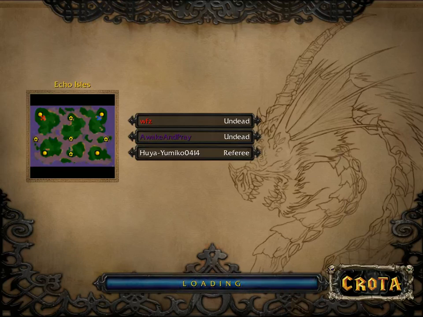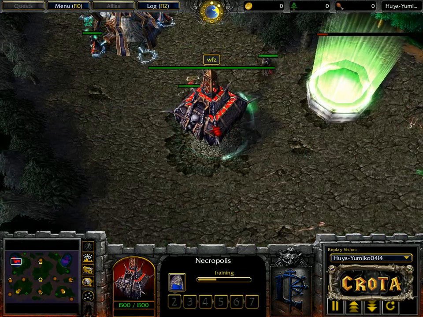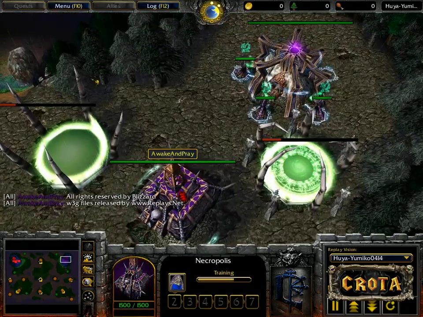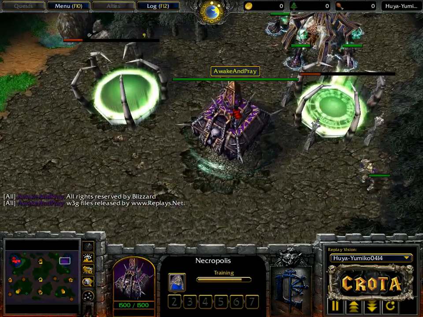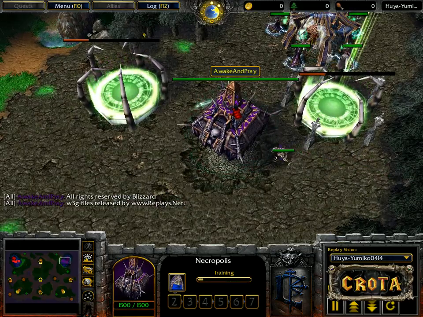Hello everyone, and now welcome to Game 2 in this series, WFZ versus 120. WFZ this time spawning on the top left-hand side of the map, meanwhile 120 spawning on the top right. This is going to be Echo Isle game number 2, and if you guys have not seen game number 1,